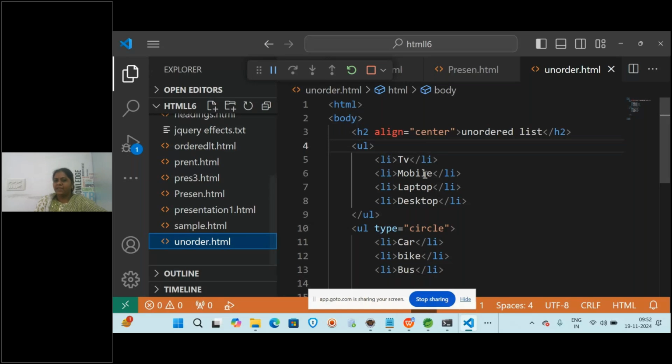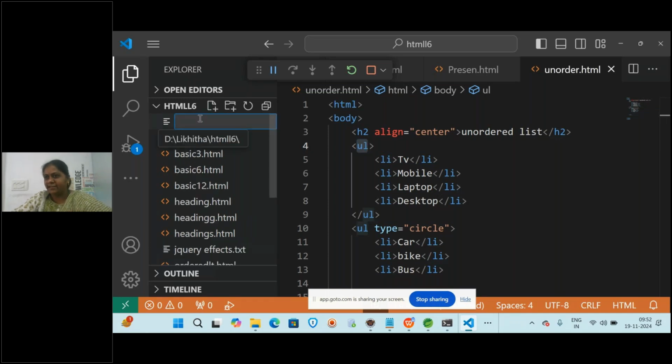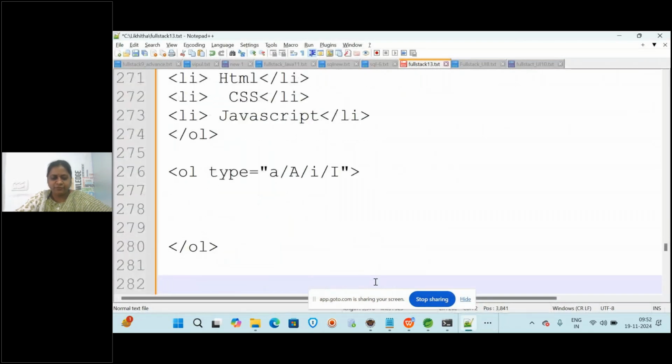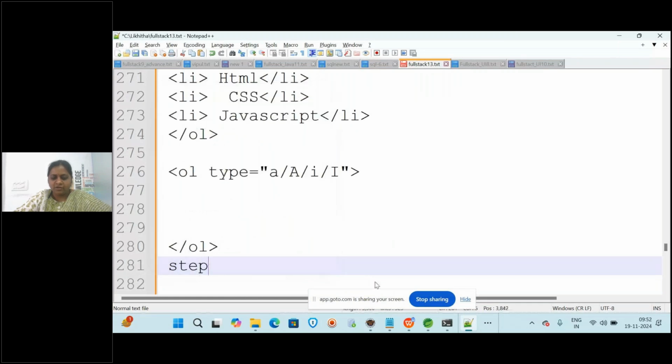So like this you will be using it in an unordered list. What is the main difference we used here? UL. And in the type, you will specify whatever you want. Understood? So in Visual Studio, it is a little easier to write the code and execute the code. So how to write the code? Here you will have New File. Click on New File, save with .html, write the code and press Ctrl F5 to run. Clear everyone? If you want to work with Visual Studio, what are the steps that you have to follow? I'm just mentioning them here.